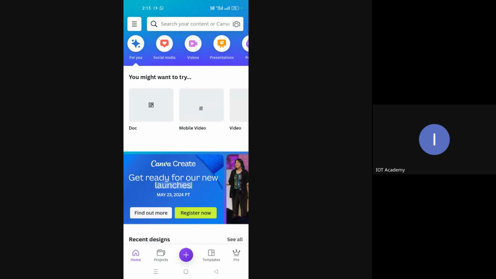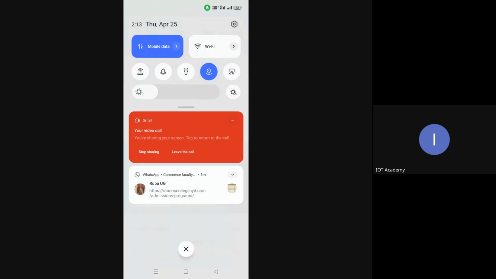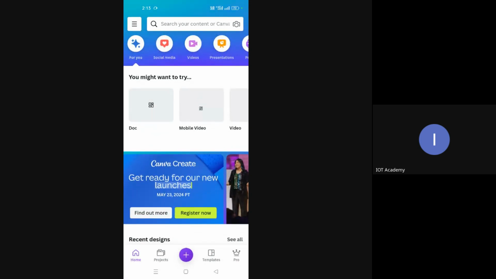Once again, sorry for the delay to all the participants waiting eagerly to listen. I hope this session will make you learn how to use the application. Besides, you will also learn the various advantages of using this Canva application.